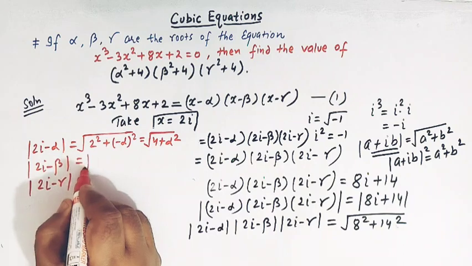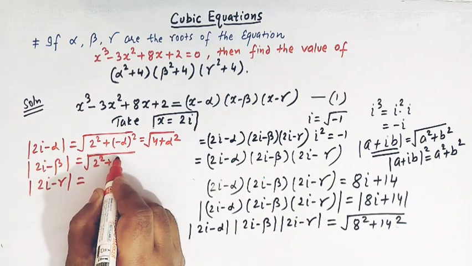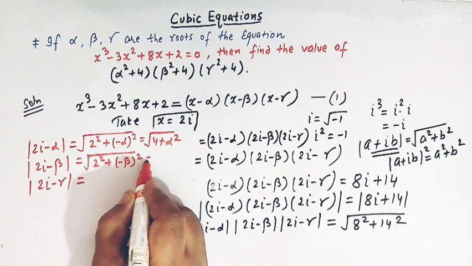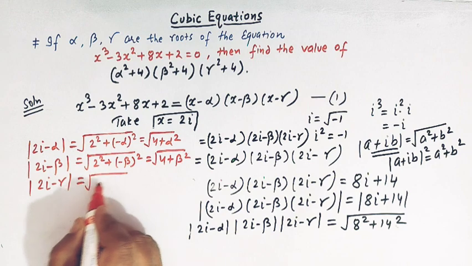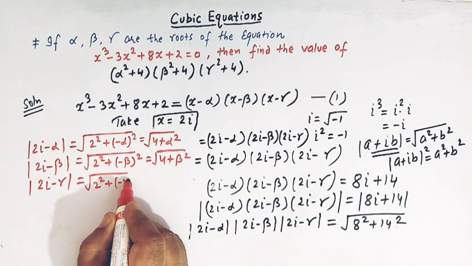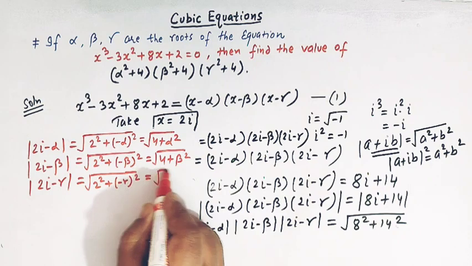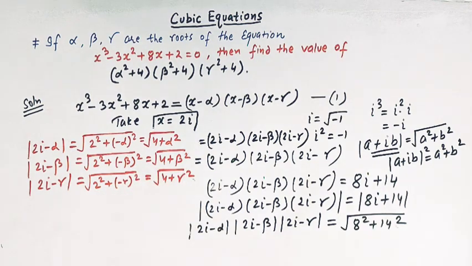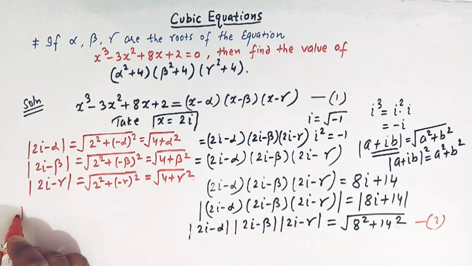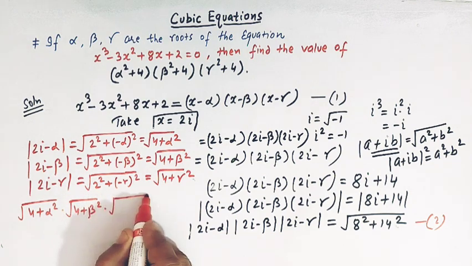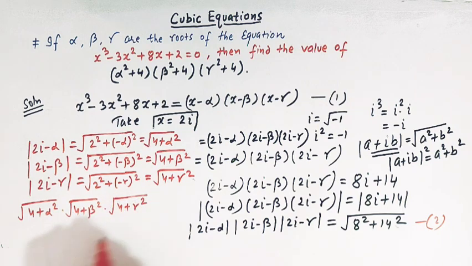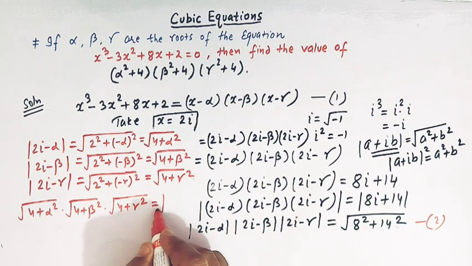Similarly, we have the square root of 4 plus beta square, and the square root of 4 plus gamma square. So this equation can be written as square root of (4 plus alpha square) times square root of (4 plus beta square) times square root of (4 plus gamma square) is equal to the square root of